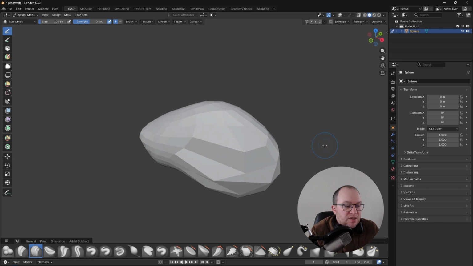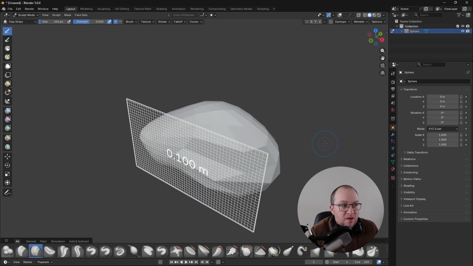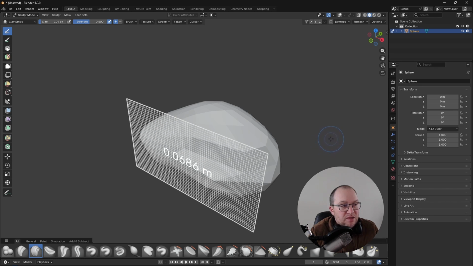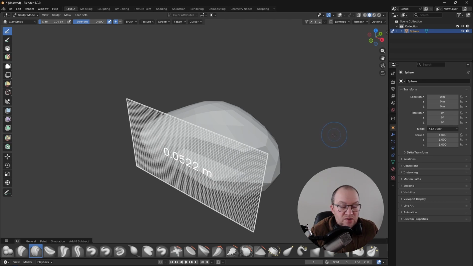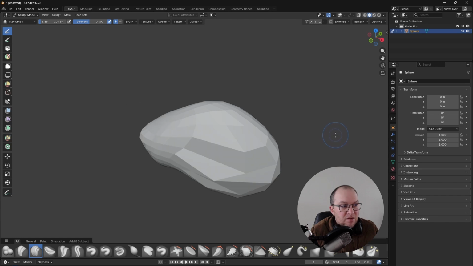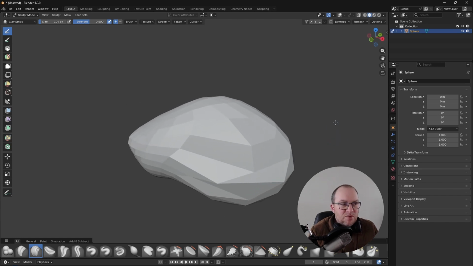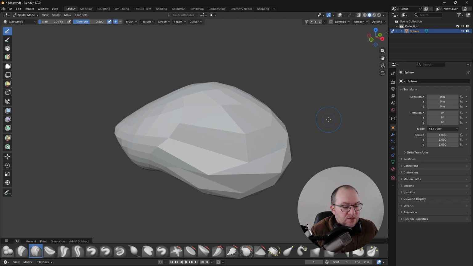So how can I do that? I just press R on my keyboard, and I will see my virtual grid. So I can decrease it to maybe 0.05 as a start, something like that, and I just left click. Okay, so now it's recorded, but nothing is happening. That's totally normal. So now I will do Control R